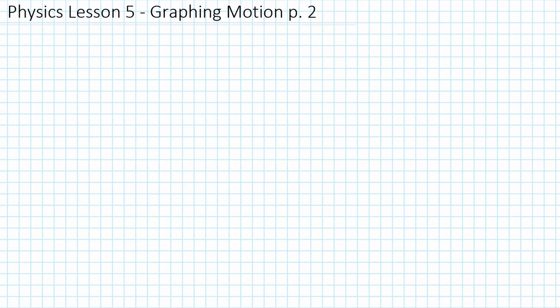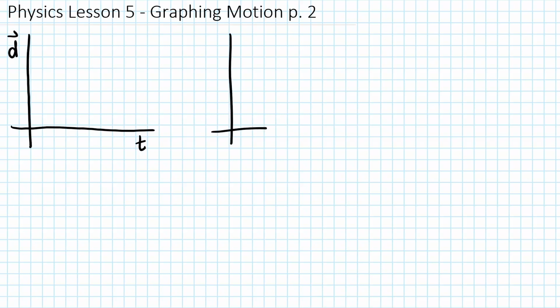Okay, let's take another look at graphing motion, and we'll do it by analyzing a couple of graphs. So let's look at a couple of position versus time graphs, and we're just going to go very general. We don't even need to put any numbers on these. We'll just go by general shapes. So we have position on the y-axis, time on the x-axis, and let's start with, say, a line that goes